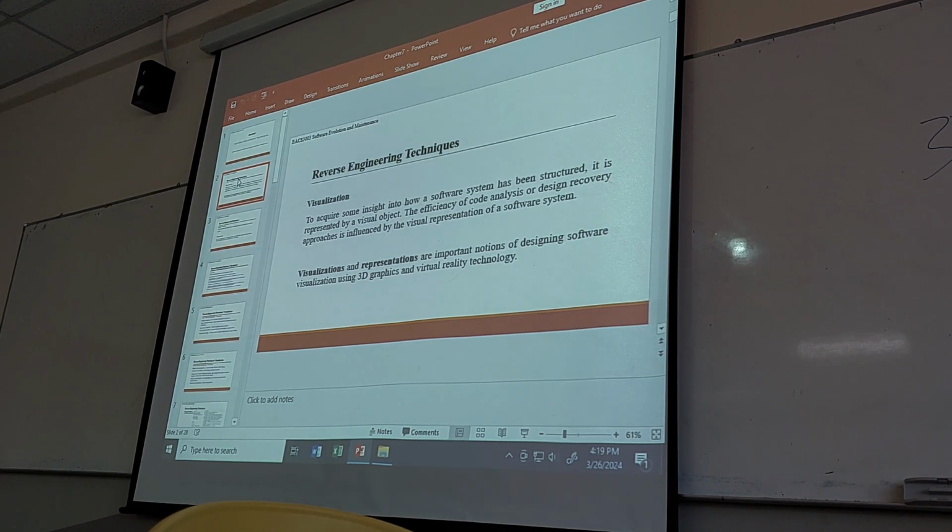Actually, this is how, in general, are we going to understand the existing system structure by using a certain